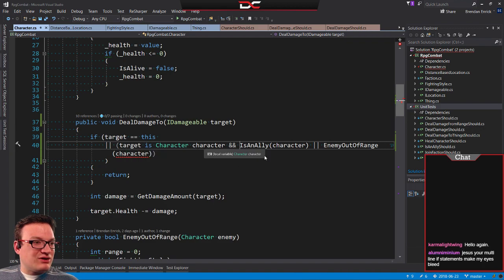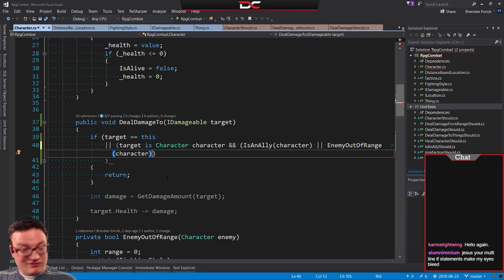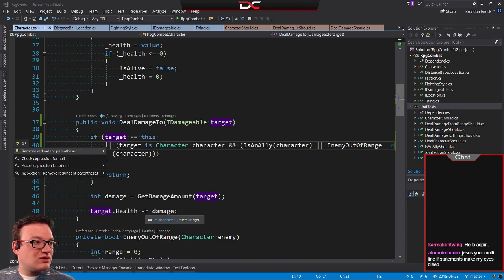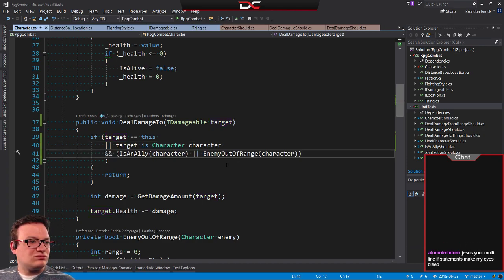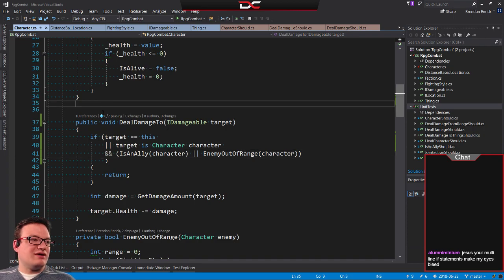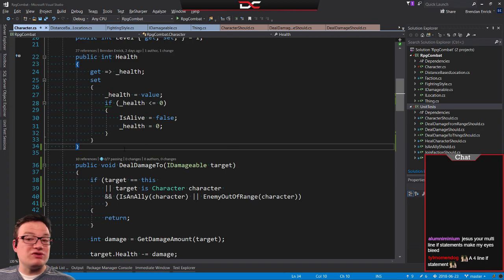So if they're character and they're either an ally or they're out of range. There we go. Okay, so now the nice thing here is that because we have all of those tests,